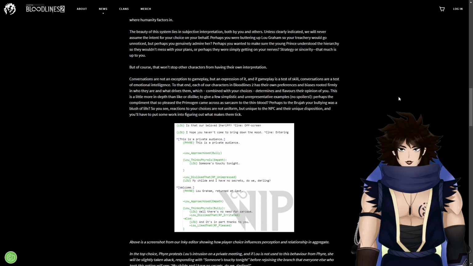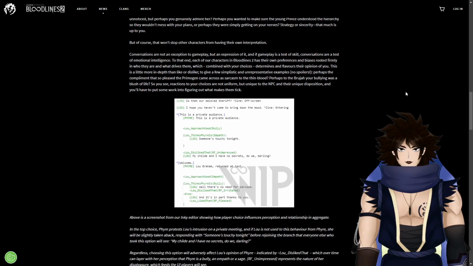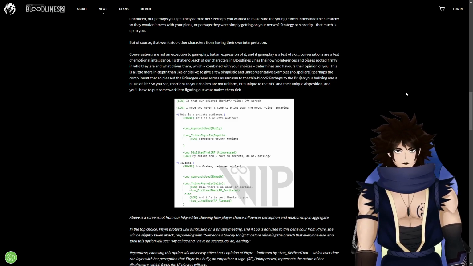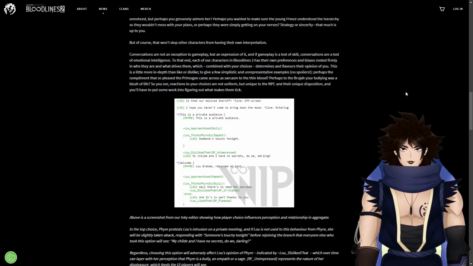Conversations are not an exception to gameplay, but an expression of it. And if gameplay is a test of skill, conversations are a test of emotional intelligence. To that end, each of our characters in Bloodlines 2 has their own preferences and biases rooted firmly in who they are and what drives them, which, combined with your choices, determines and flavors their opinions of you. This is a little more in depth than like or dislike.